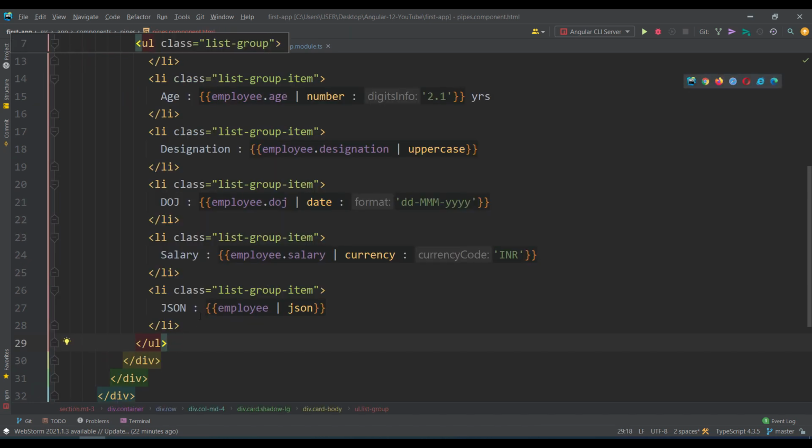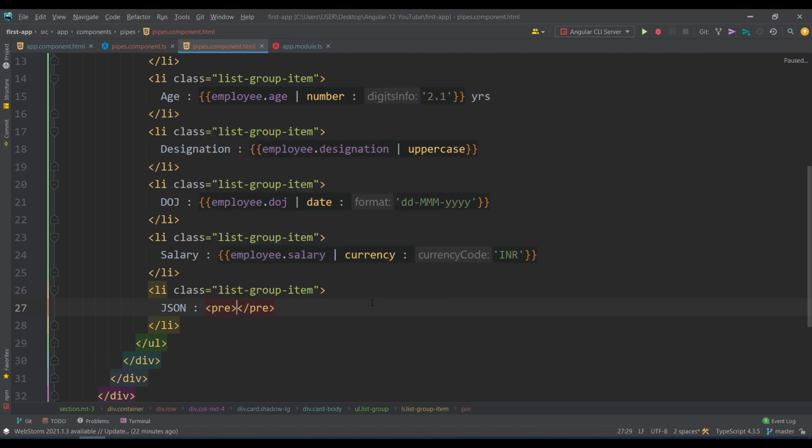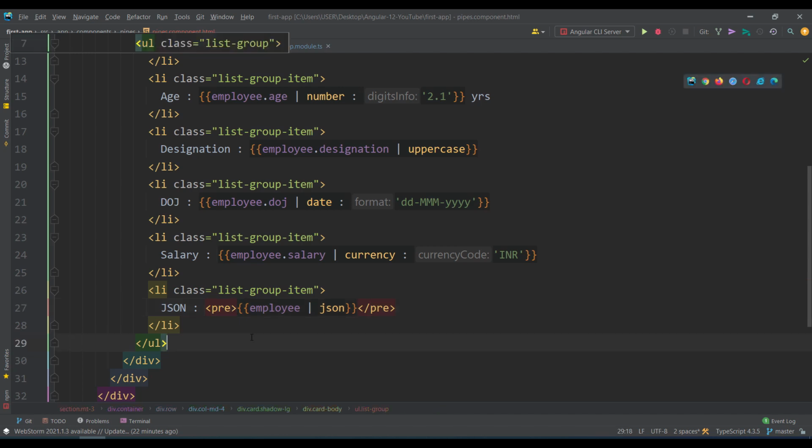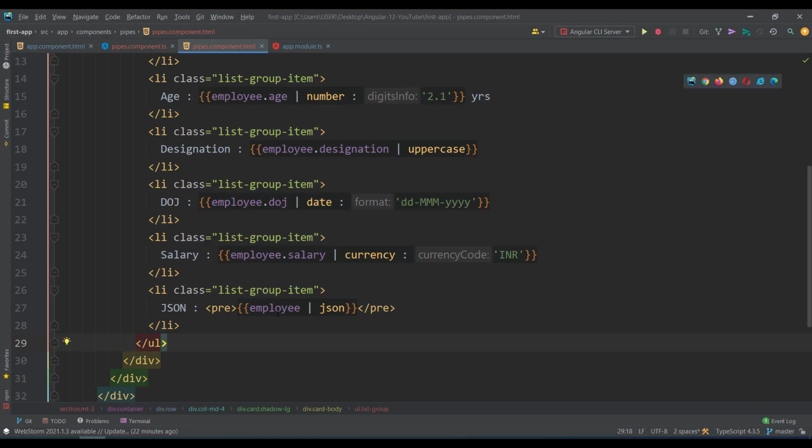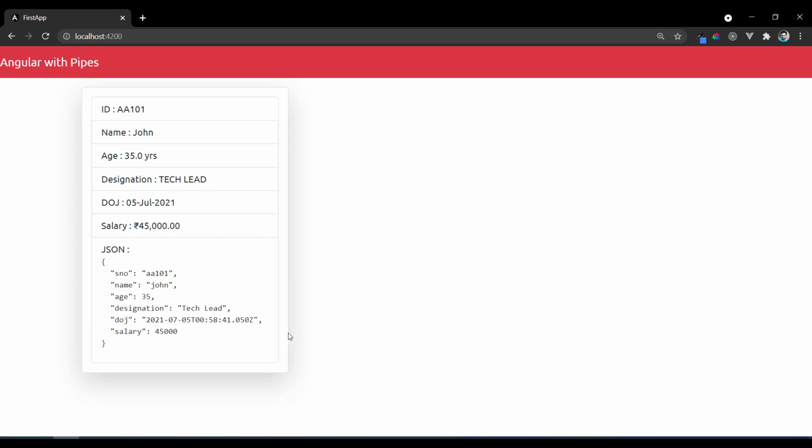So for that, you make it a pre-tag and then print it. The pre-tag is pre-formatted text, so it will convert your data like this. So here you can verify whether my data has been received properly or not. It will convert an object to a JSON format.